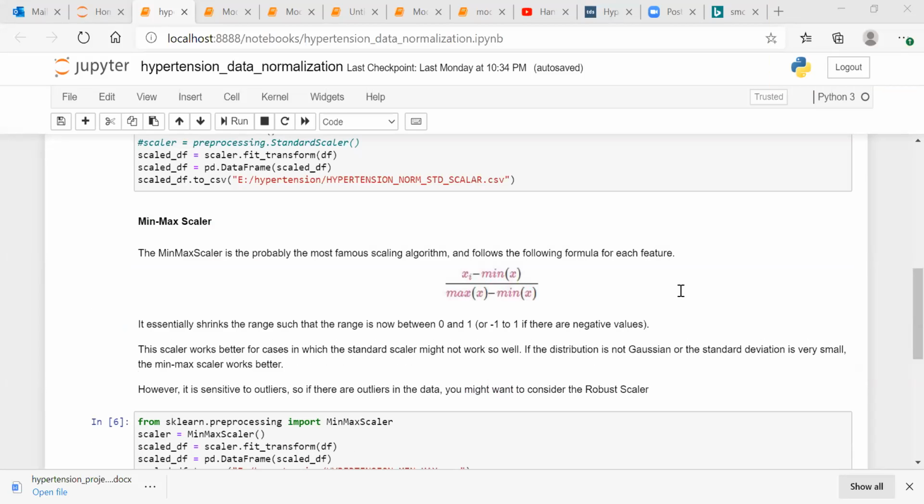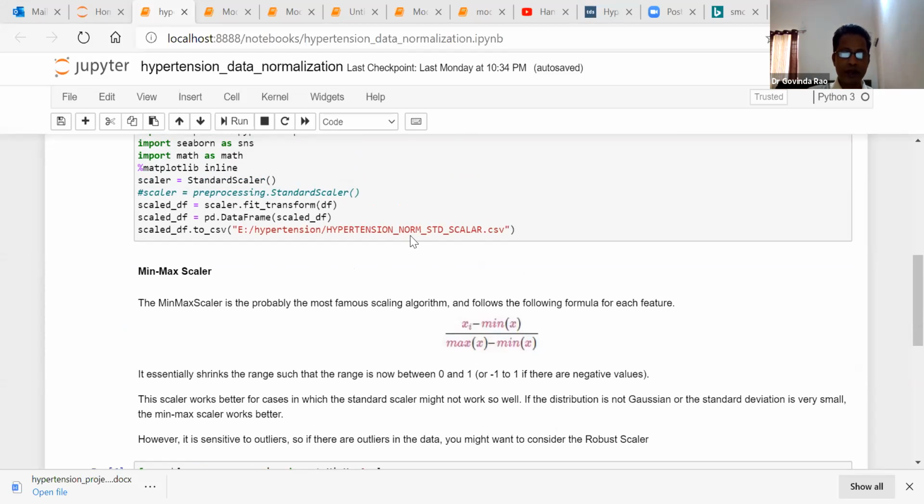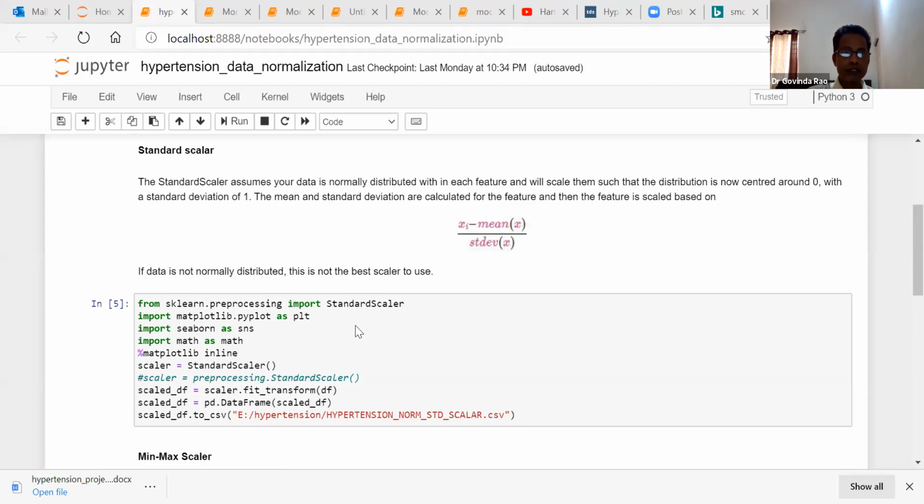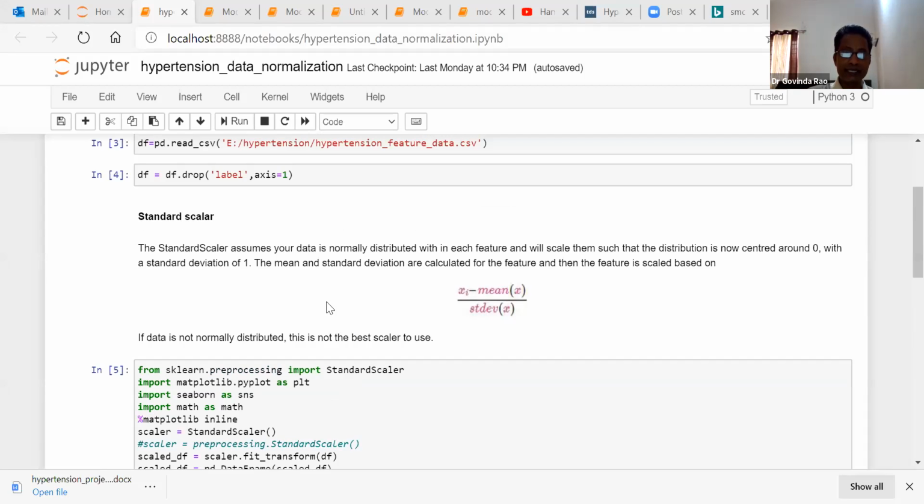Most of the time in data science, we will apply the minmax scaling or minmax normalization. In minmax normalization, we are scaling our data using the minmax algorithm. We are bringing our data between 0 and 1. So mean is equal to 0 and standard deviation of 1. So this is one of the normalization techniques for your data. And another technique, the standard scaler.